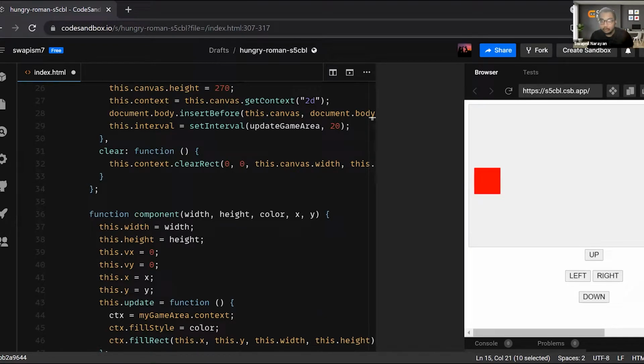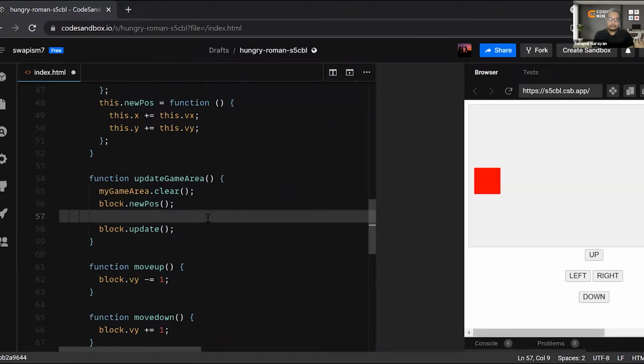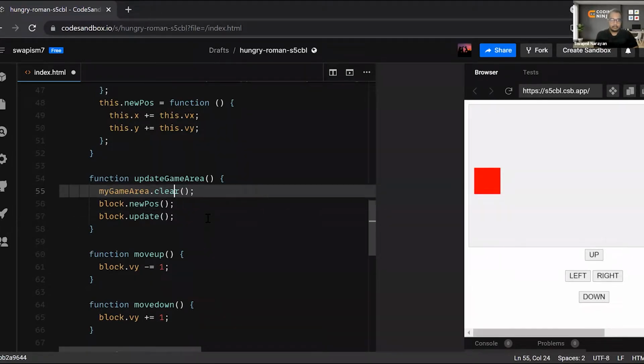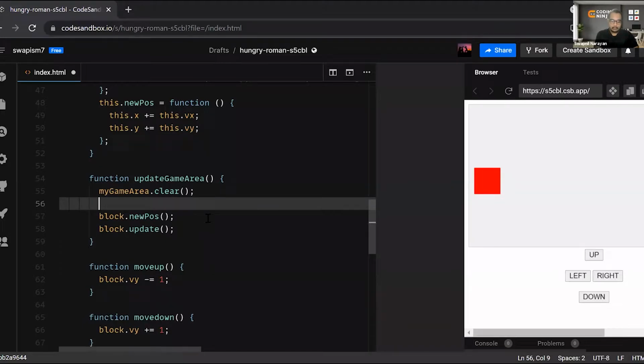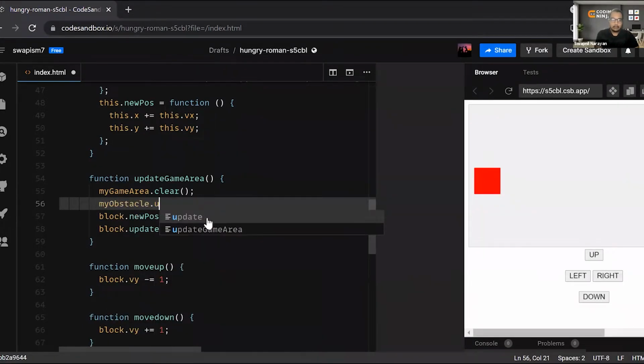I already showed you guys this. Can anyone tell me where exactly I need to update this my obstacle? Over here, right? Let's update this one over here. My obstacle dot update. Fine.